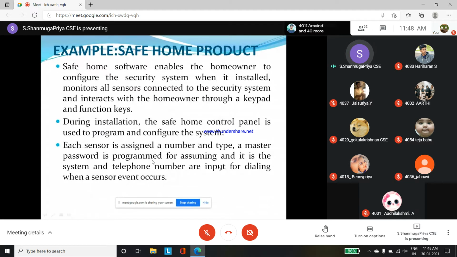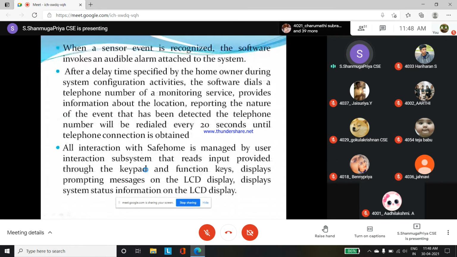என்னென்ன கண்டிஷன்? மாஸ்டர் பாஸ்வேர்ட் இருக்கணும், அட்மின் பீப்புள் உள்ள போறதுக்கு. அது மாதிரி டெலிபோன் நம்பர். So automatically if some person is entering into the home or some sensor has detected something unwanted, automatically it has to inform the particular telephone number which is stored in the database. So அது வந்து அந்த process வந்து நடக்கணும் அப்படின்னு சொல்லிருப்பாங்க. These are some of the conditions they have given.